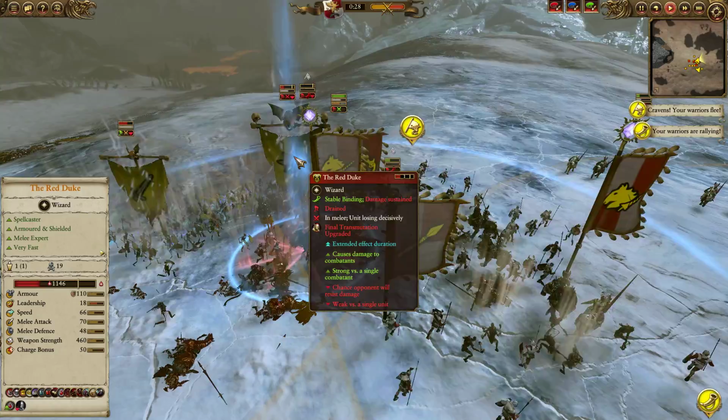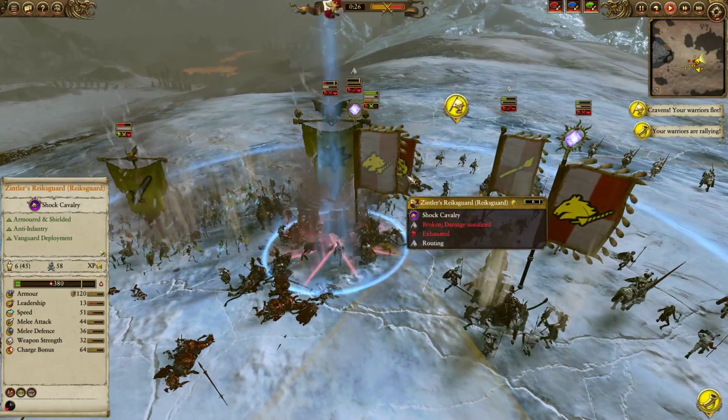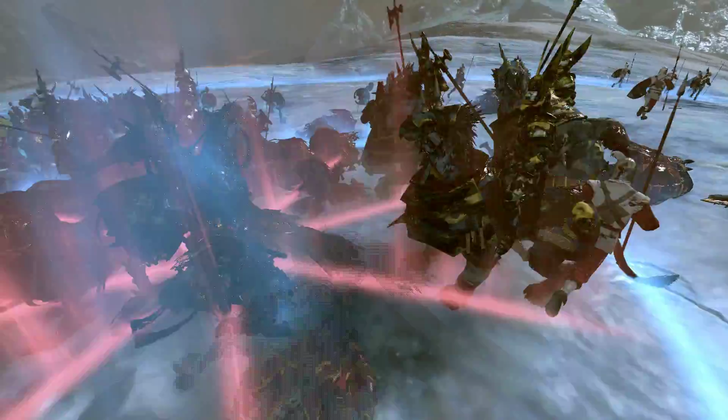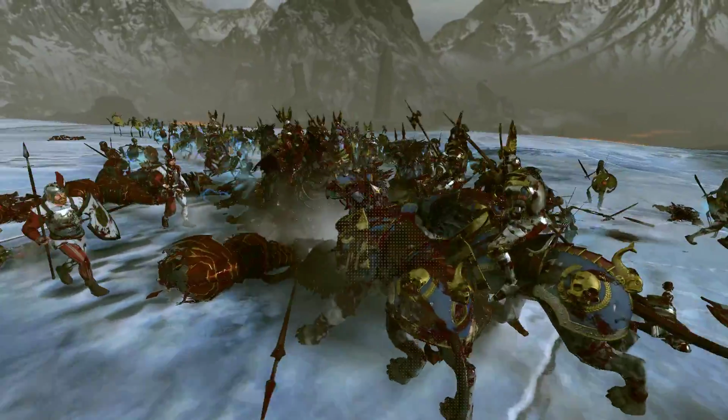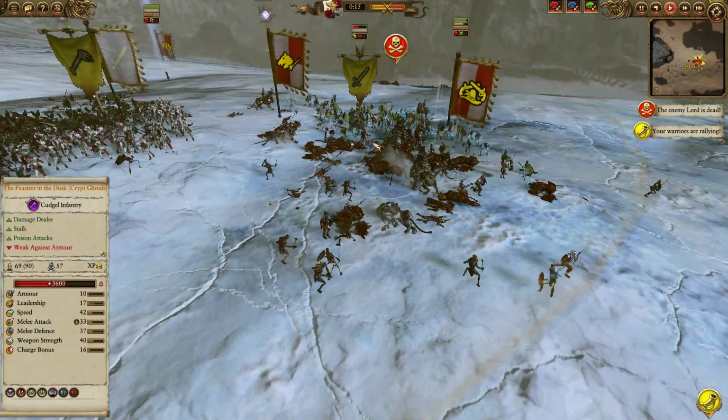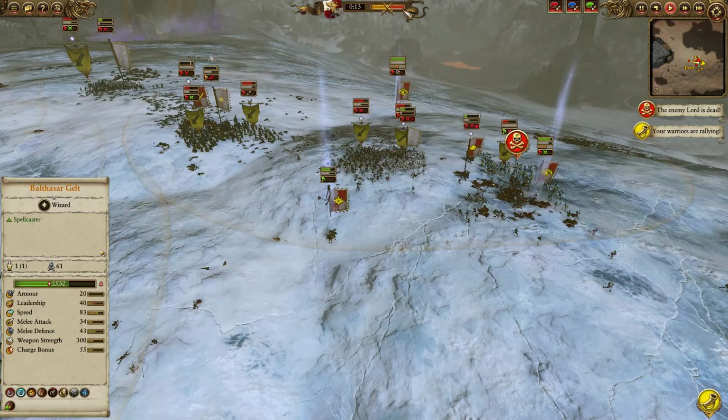the Red Duke. You can see he's taking damage pretty substantially, beyond the fact that he's surrounded by the Royal Altdorf Griffites now, who are of course elite anti-large armor piercing, so they're going to be able to do quite a bit of damage to him as well. And the Red Duke is down, so just like that, he's gone, and the balance of power is immediately shifted